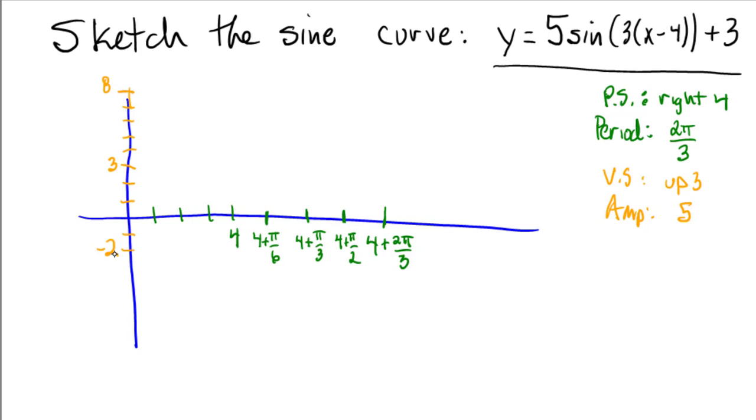Okay, now with the phase shift and the period, plus the vertical shift and the amplitude, I can now use my knowledge of the parent of the sine to be able to see what the graph is going to look like. Sine was a curve that started in the middle, top, middle, bottom, middle. So in this context, it's going to start in the middle, and then it's going to jump up to the top, and then it's going to go to the middle, and then it's going to go to the bottom, and then it's going to go to the middle. So our sine curve will connect those,